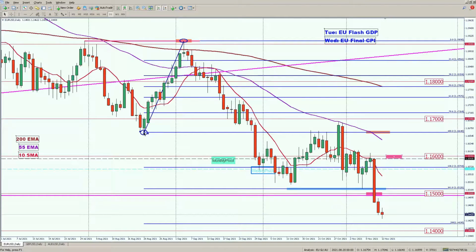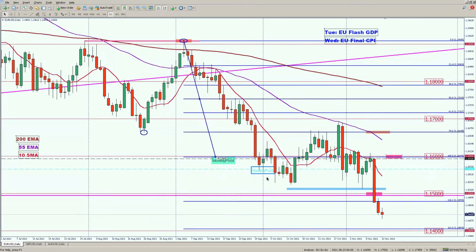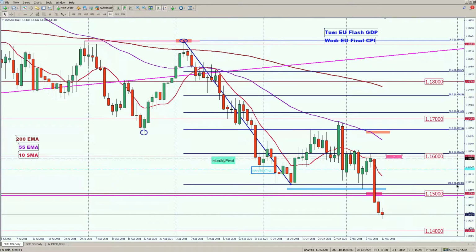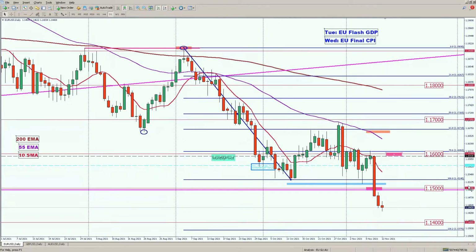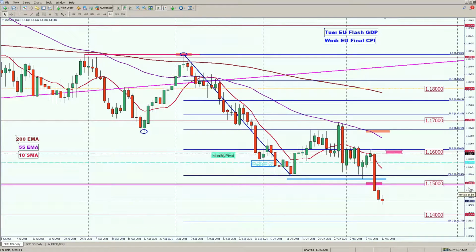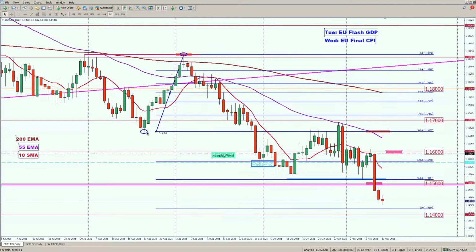We can also move this down here, where the 138 pip extension will be just below the 114 at 113.77. So that's the next possible target, the 114 round figure level,